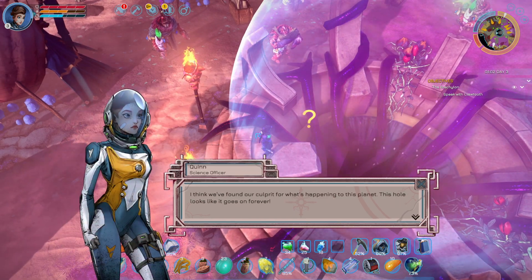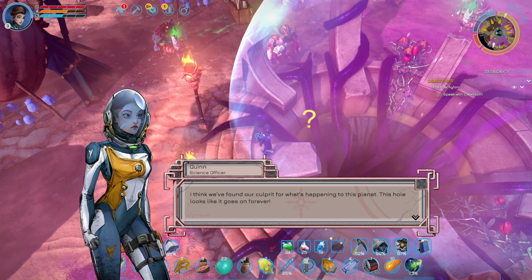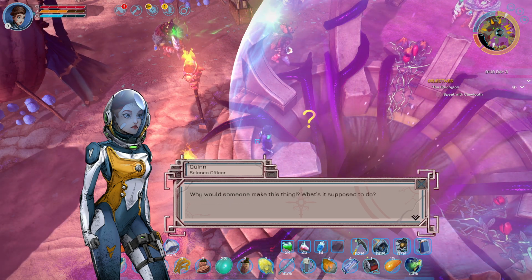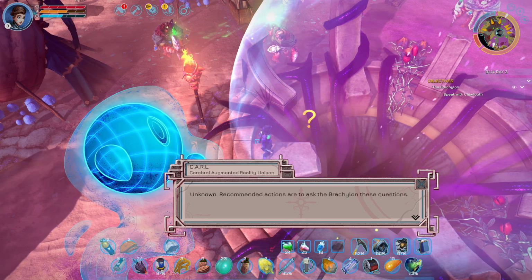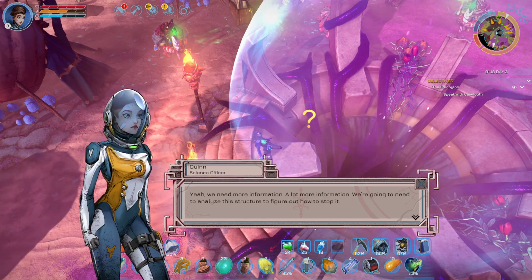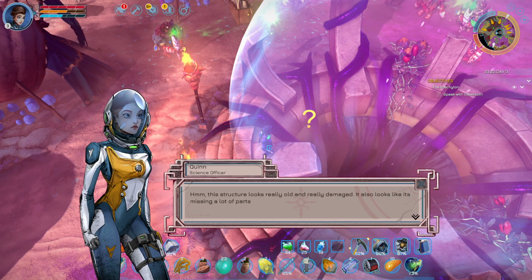I think we found our culprit for what's happening to this planet. This hole looks like it goes on forever. Why would someone make this thing? Unknown. Recommended actions are to ask the Brachylon these questions. Yeah, we need more information. A lot more information. We're going to...